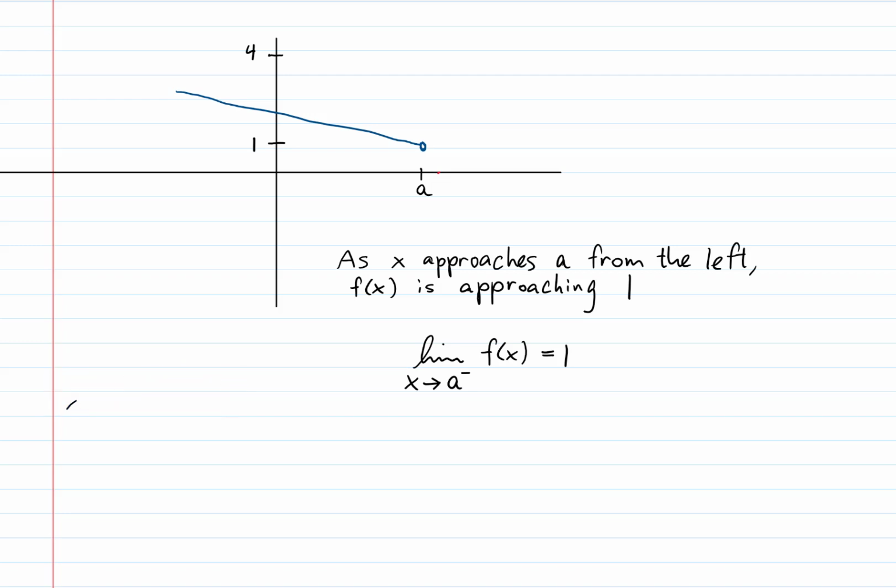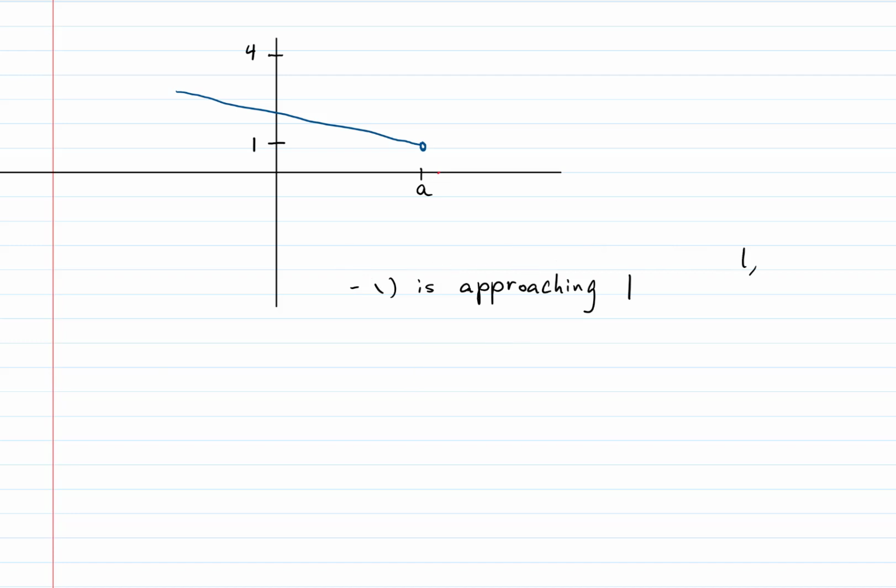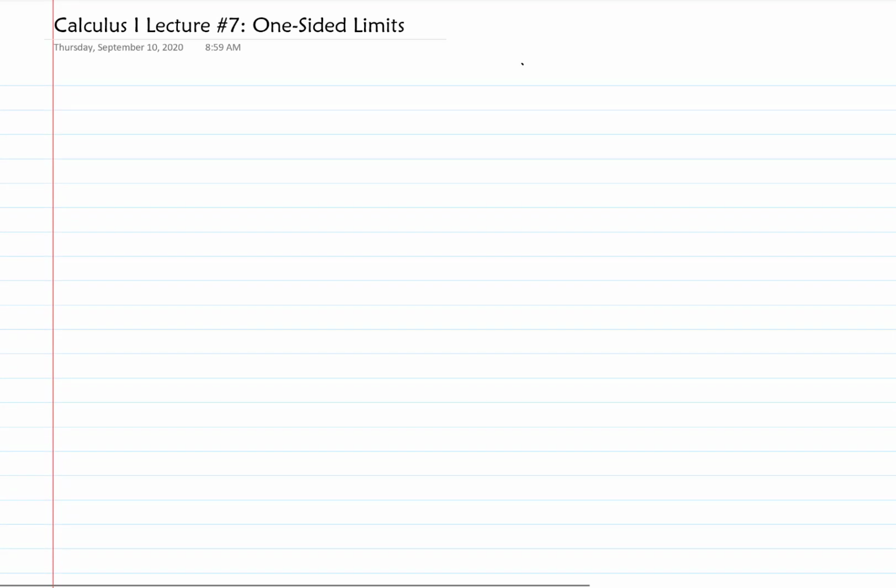Okay? All right. Let's write down the definition. So I just showed you the idea. Now let's write down the definition. So that's going to involve some epsilon and delta stuff. Okay, I want to start by writing down the definition of a limit, just to remind you. Okay? So we say the limit of f of x as x approaches a equals L if